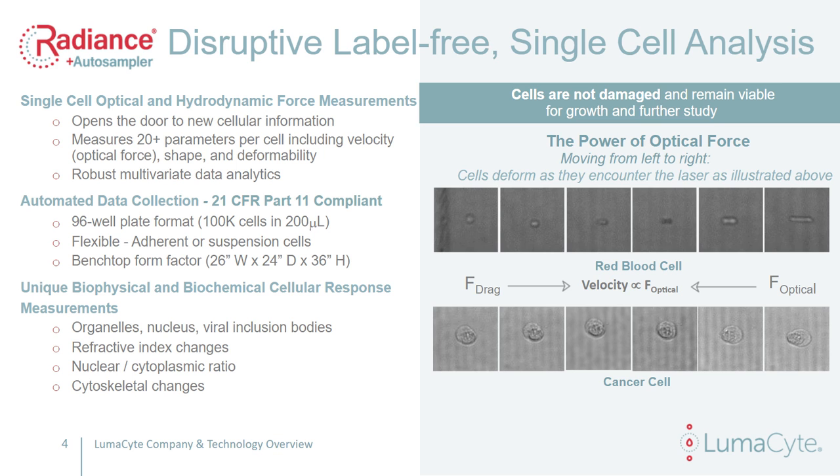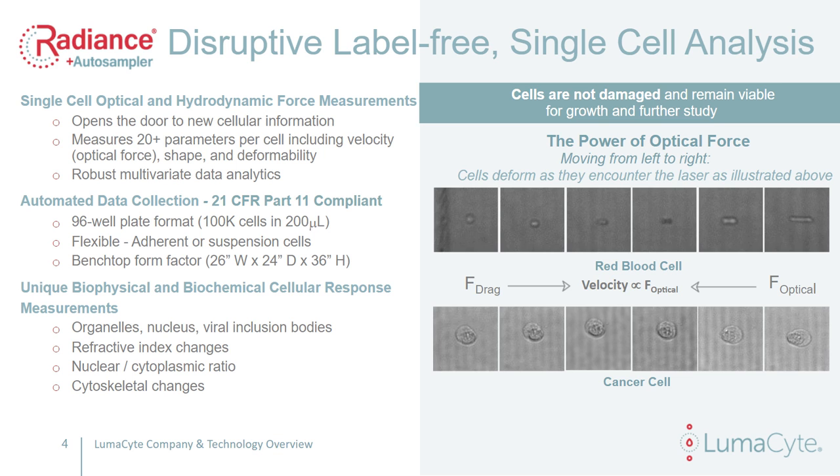And in this cancer cell line, you can see there's a large nucleus with a lot of aberrant DNA within it. As it moves through the system, you notice the immediate difference that it's not traveling in a completely linear path. It actually bumps up in the beam, and this is a vertical shift that we can detect with the system due to the rotation of the nucleus towards the back of the cell as it moves through the channel,